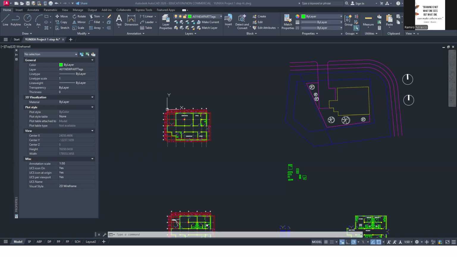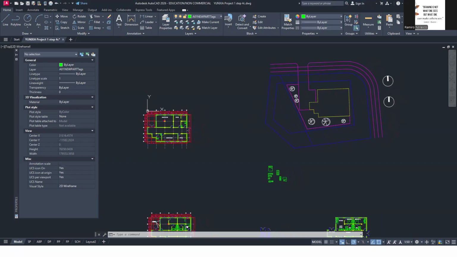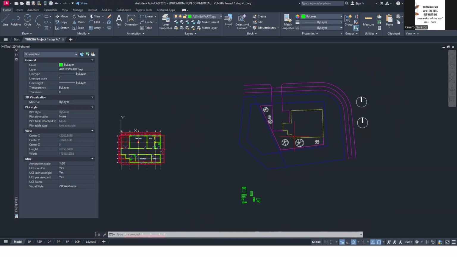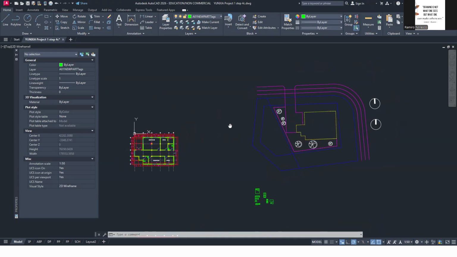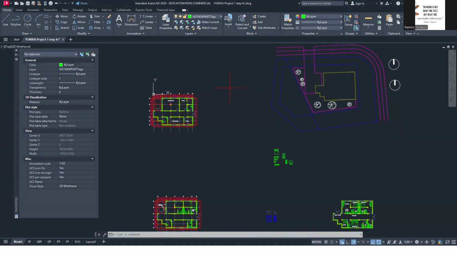Okay. So what we're going to do this week is to introduce Revit. Okay. So we'll pause with AutoCAD for a while and see how we can do this in Revit. Okay. So open your project 1, step 4, ABC, whichever you have.